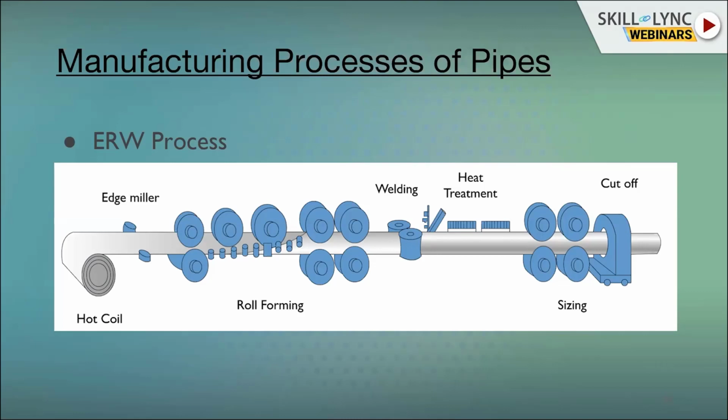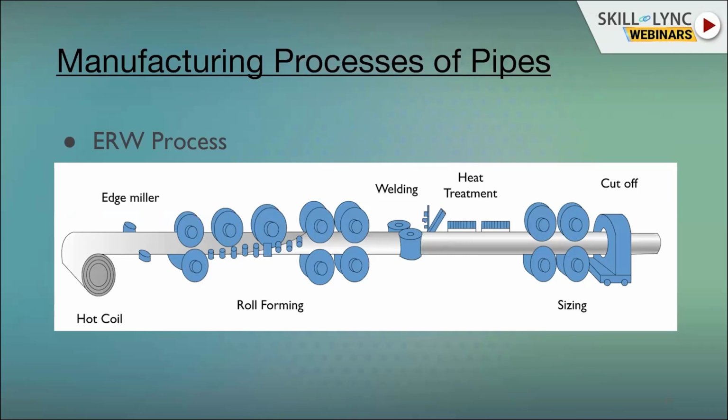For example, if we are joining two pipes or two plates, we need a particular angle to be cut. If we want to weld the two plates, but the end is plain, in the sense of a straight cut, then some of the processes or mills, the pipe manufacturing machine is called a mill. Okay, so that is known as an edge miller.